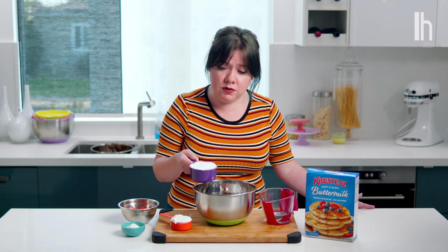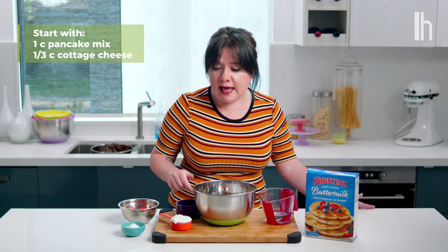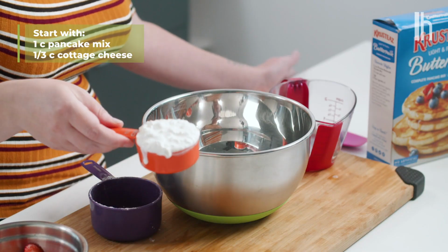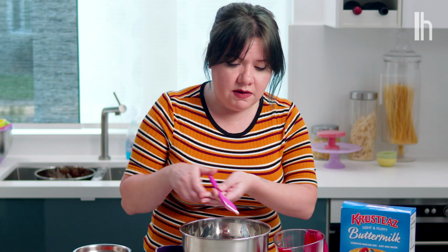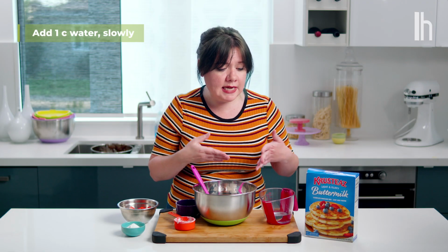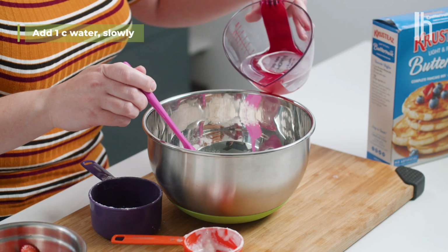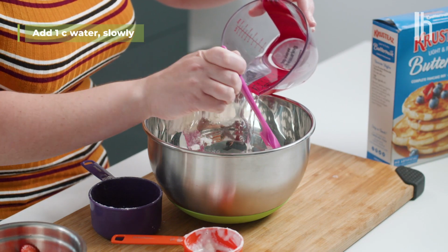This is so easy. You could do it sleep-deprived, hungover, or even a little drunk if you've already started with the mimosas. You're just gonna use the same amount of mix you always do. In this case, it's a cup. Then you're gonna add 1/3 cup of cottage cheese for every cup of mix, and just give that a little stir to incorporate. Then you're gonna measure out the same amount of water you usually would, but you're just gonna add it really slowly. So add about half,